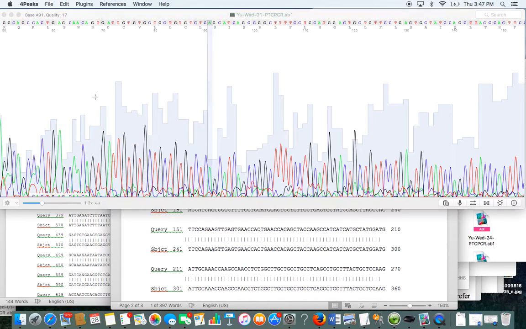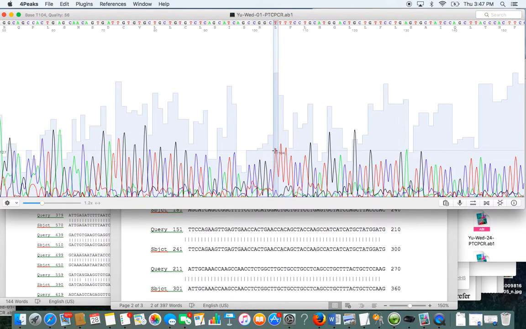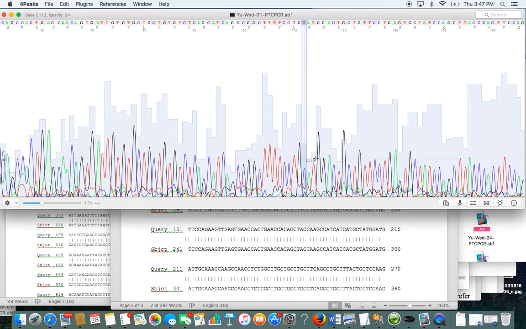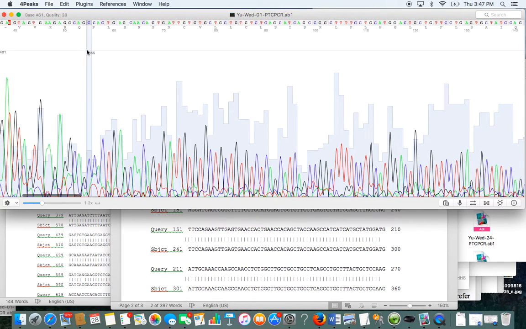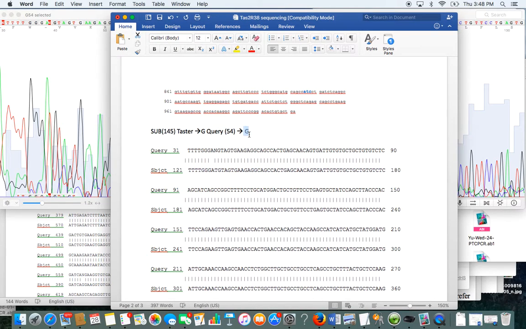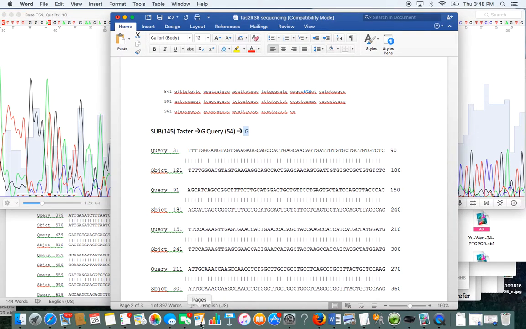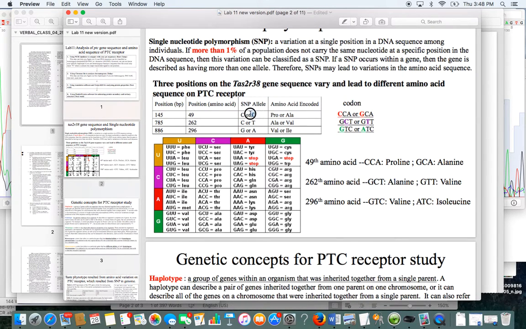So then you can go back to this and look. I have my forward sequence loaded here, and I want to go to query 54 to make sure that it is a G, or in case you have an N here, you want to see what peak is actually higher to determine what nucleotide to use. So let's find 54. They actually tell you what numbers they are. So 54 is a G, and that confirms what we found in the sequence. So it's a G. Then we can go back to the PowerPoint and see what it actually is. So a G would